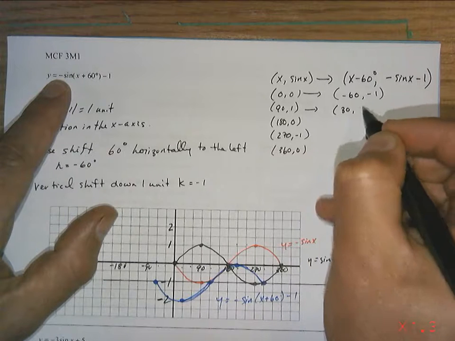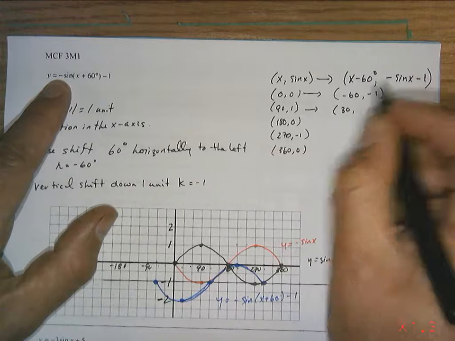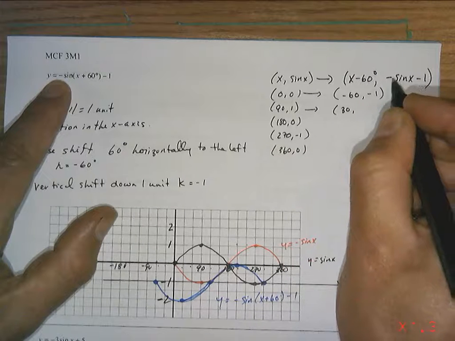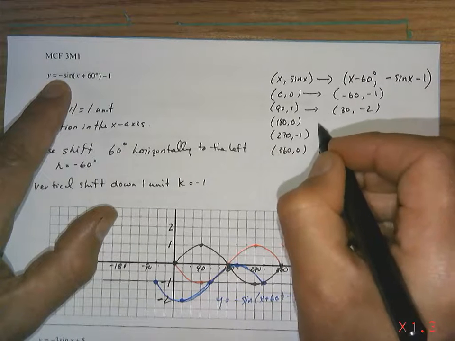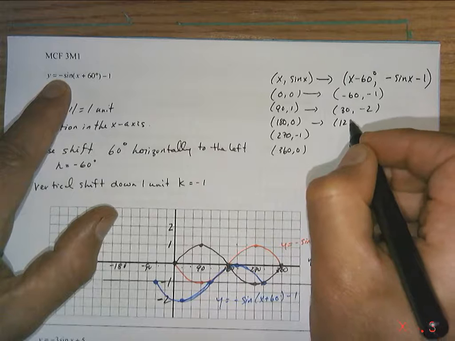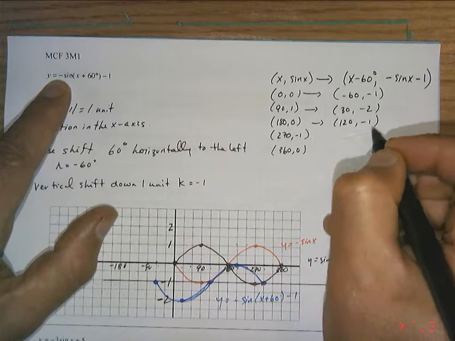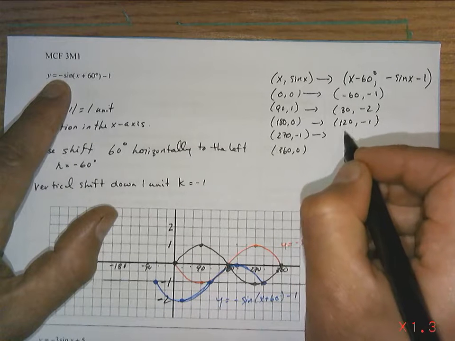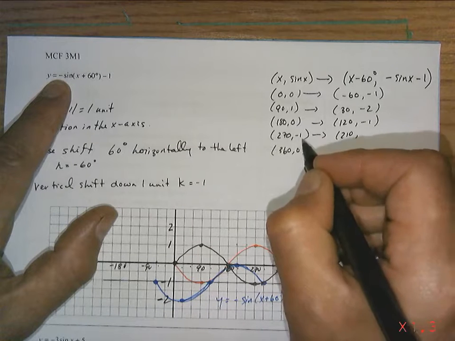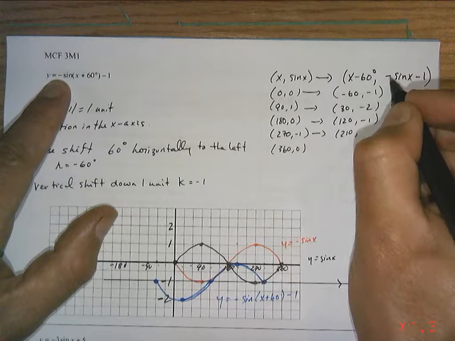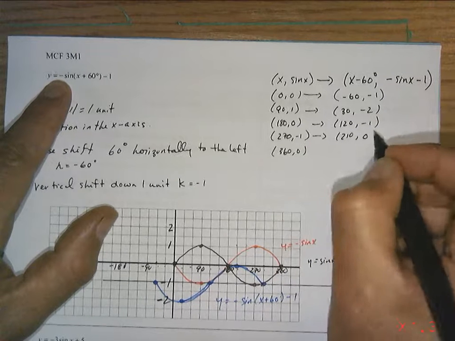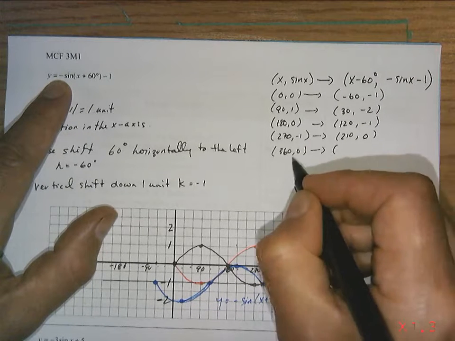30. So sine x is 1, -1, -2, 120, -1, 210, -1 times negative is going to be positive, so 0. And then finally 300